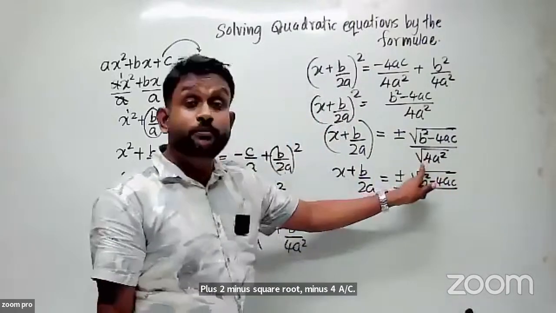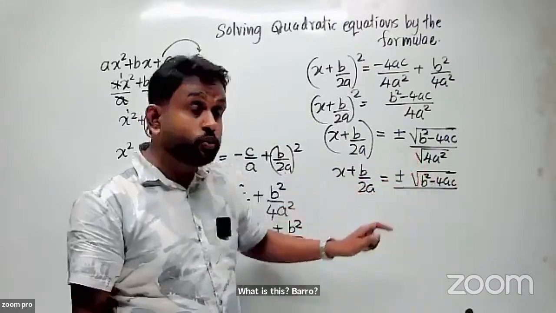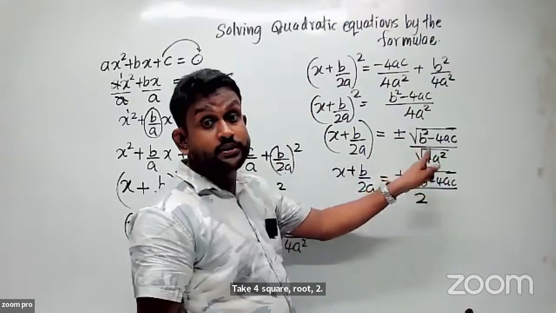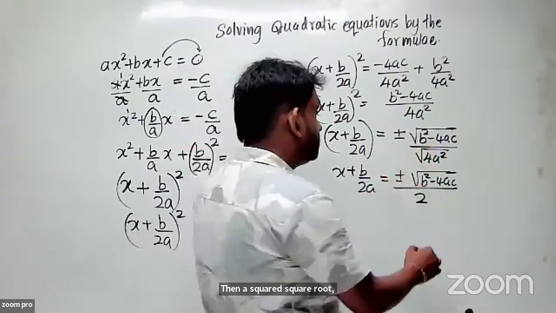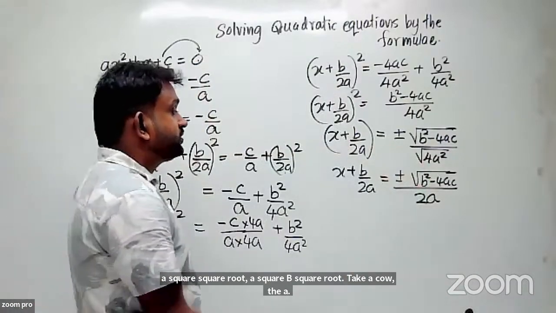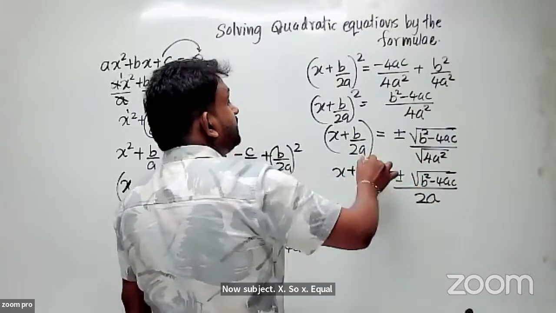Upon here, what is the square root? Take 4, the square root is 2, then a squared, the square root. The square root of a squared, who is it? a. So that becomes a. So now, to make x the subject, x equals